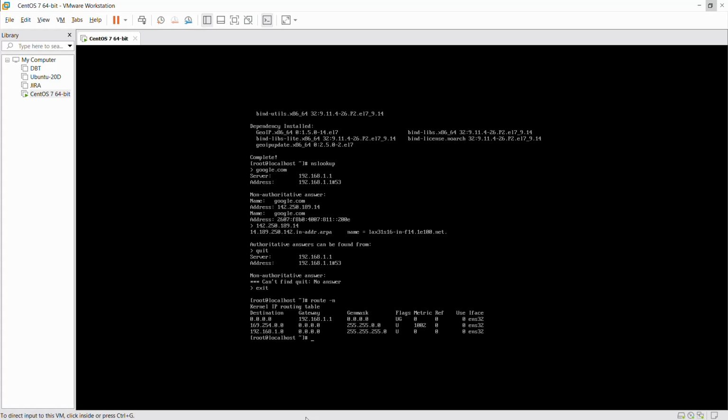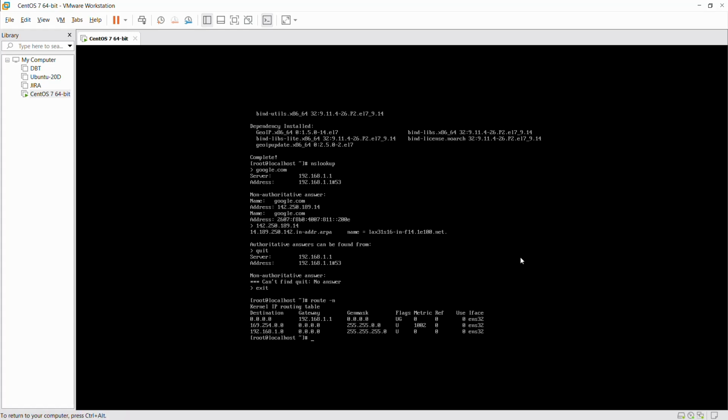Okay. It's giving us the destination gateway, but is this destination gateway our IP address? No, no. Gateway is your wireless router IP address. Your IP address is something different. One minute, please hold on.